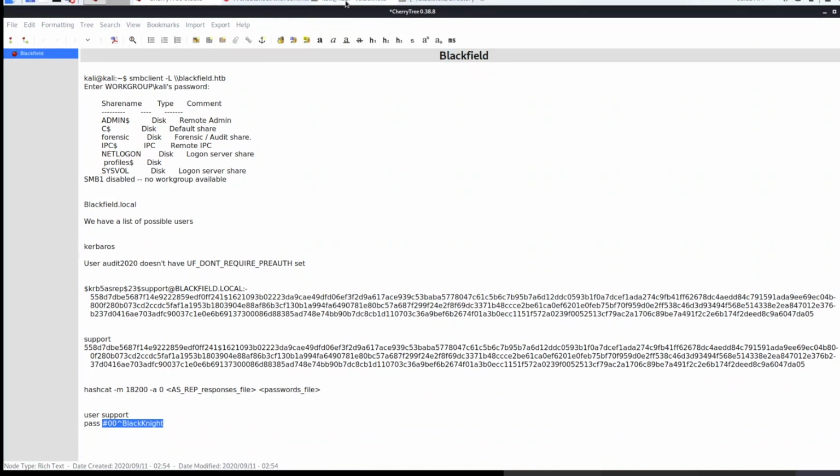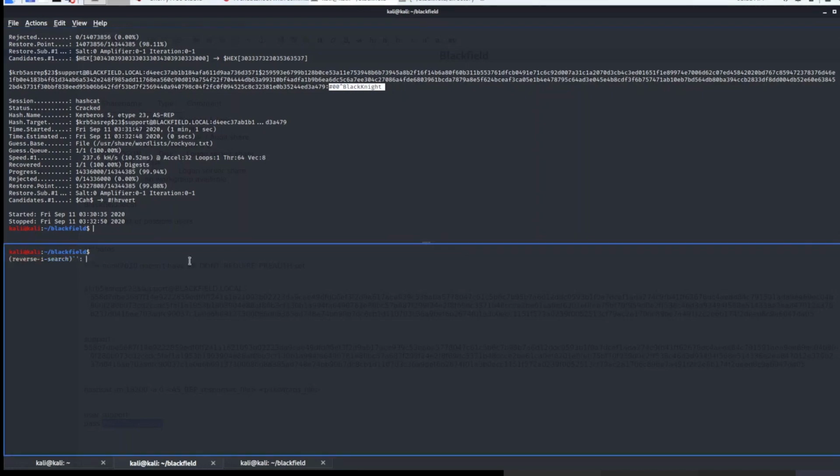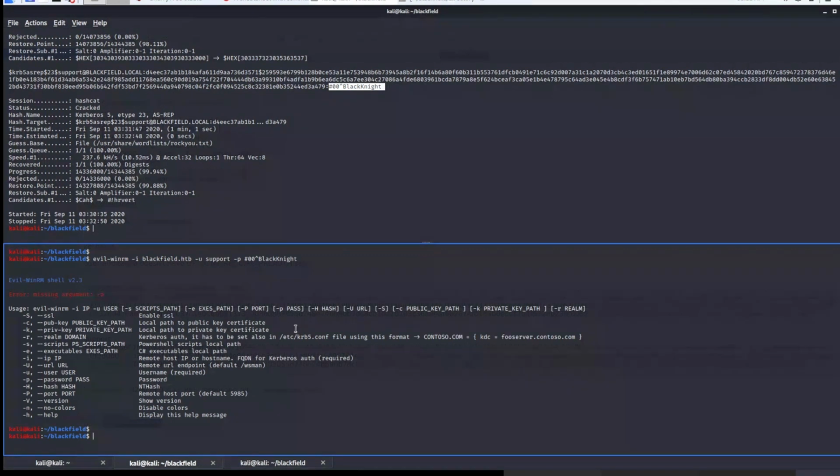We can try to log in using Evil-WinRM. So here our machine name is blackfield.htb and the user is support. The password that we found is Black Knight. Maybe it is interpreting that as